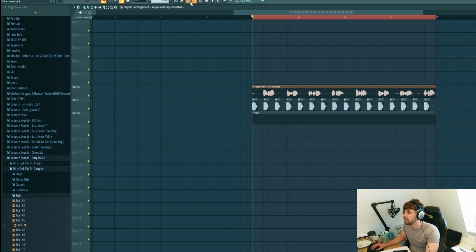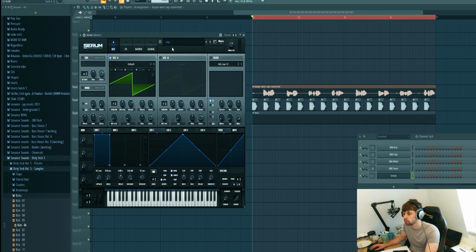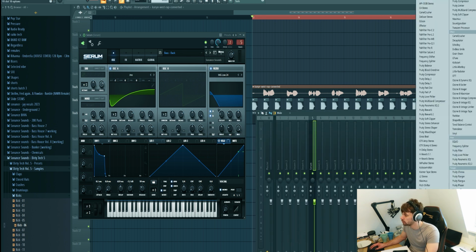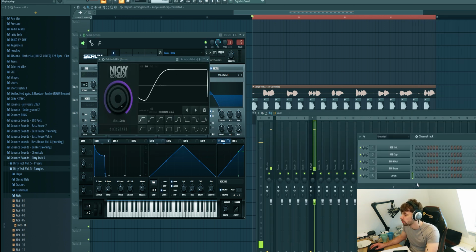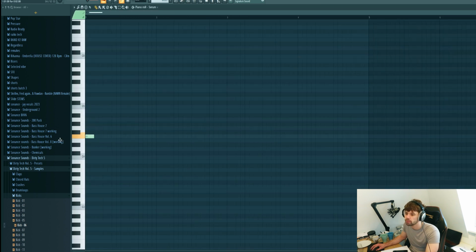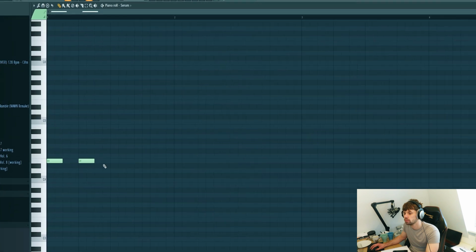Now we're gonna work on the bass line. First we're gonna add a new Serum. Pick a bass from the pack. Let's use this one. First I want to give it a sidechain as well. So now we're gonna work on the MIDI. We are working in E minor, so